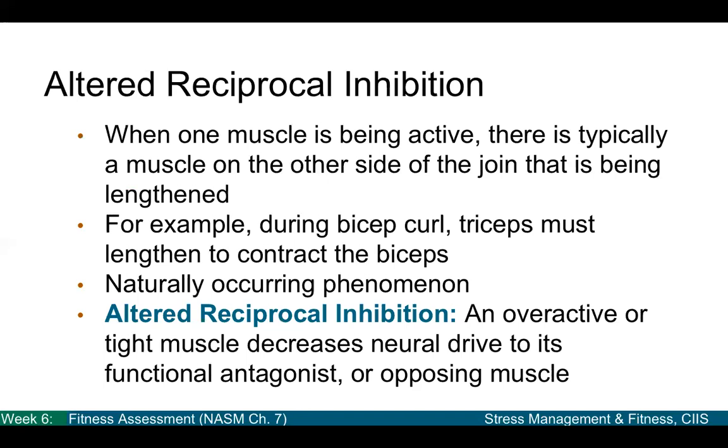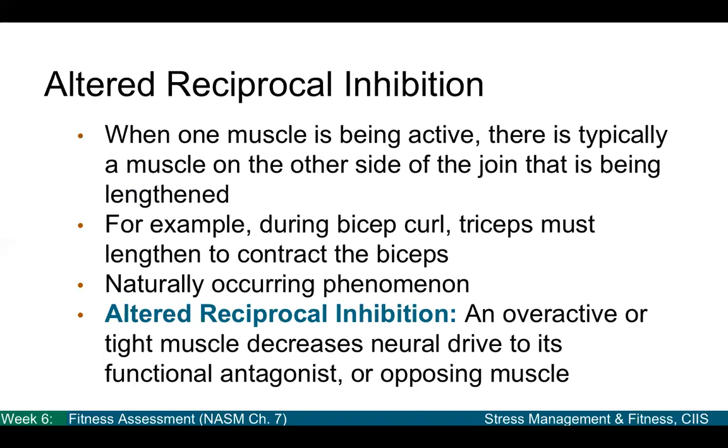So both ends of the spectrum are necessary. Okay, so what we're talking about here, we're not quite getting into altered reciprocal inhibition just yet. We're talking about what should happen normally. So all the things that we just talked about are naturally occurring phenomena. However, altered reciprocal inhibition is defined as an overactive or tight muscle that decreases neural drive to its functional